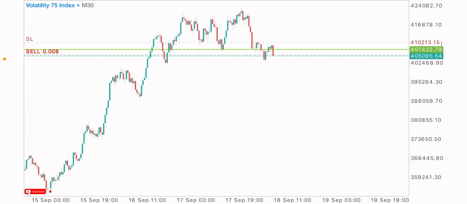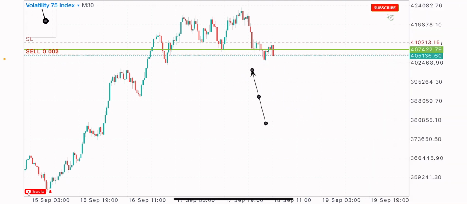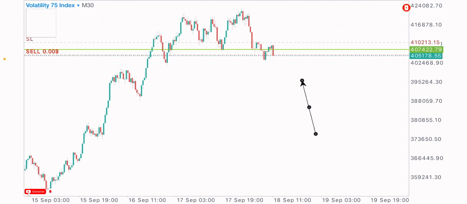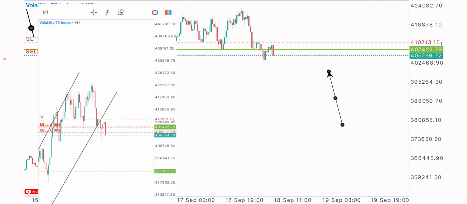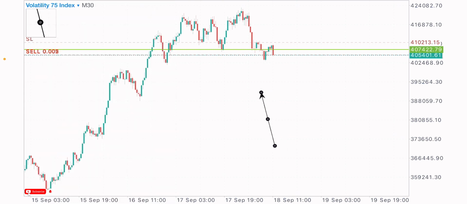So I took a sell trade on 75 index. I just got into the sell at this point and had my stop loss at this level, so I'll be sharing with you guys my market analysis on this index. We'll be having a top-down analysis, basically a market breakdown on this index. Price action strictly. We're analyzing from the